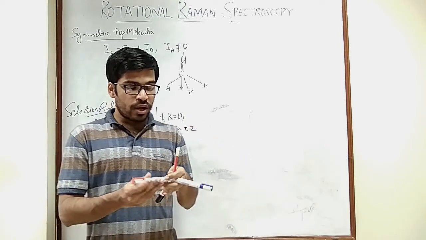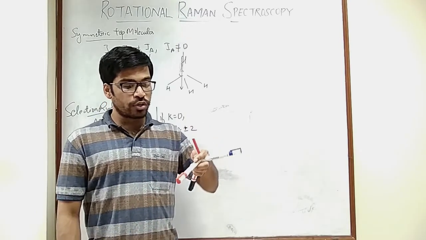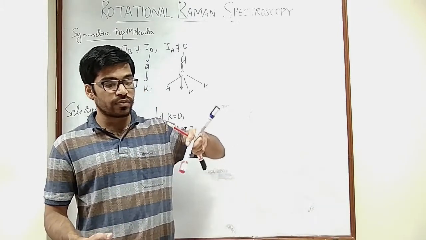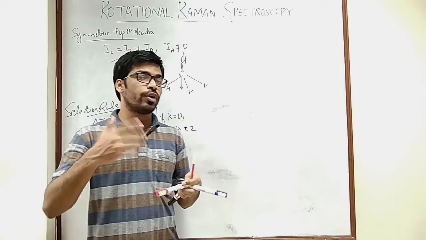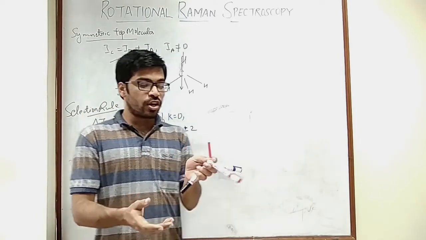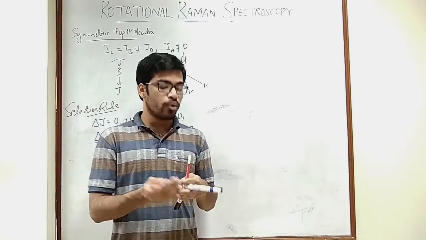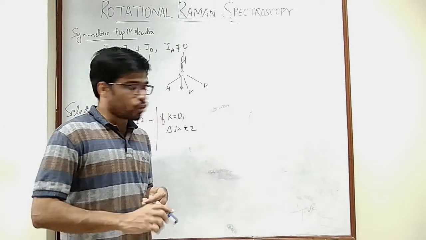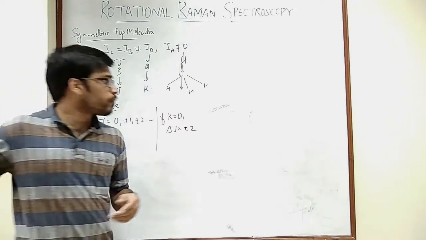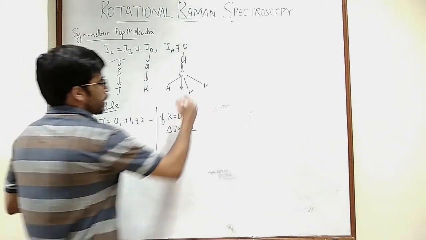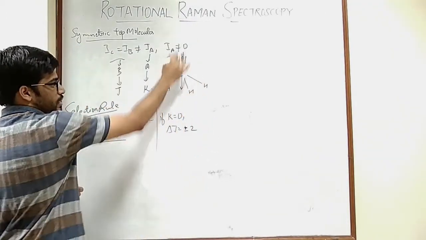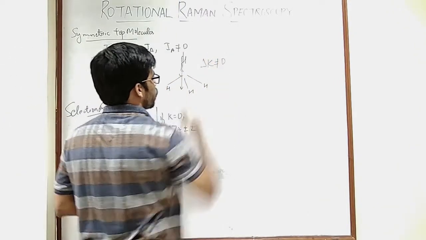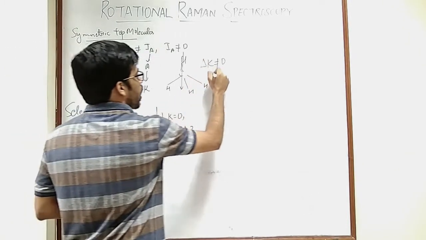So if that is true, this would not be true if I rotate the molecule like this. Now, the dipole moment of the entire molecule is changing, and in the presence of an electric field, the polarizability is also going to change. But in this case, rotation along this axis is not going to produce any change in the dipole moment, and hence there is no change in the polarizability. Now, if that is true, then what do we have? That would mean rotations along this axis would produce delta K not equal to 0, and those rotations are inactive.